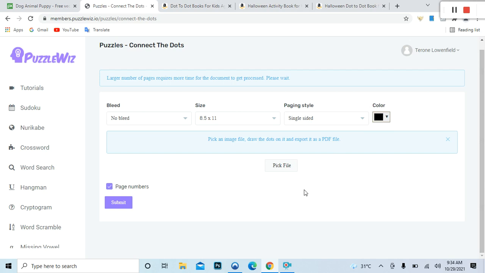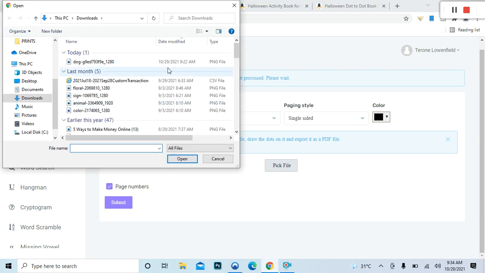You can have the page numbers. Now, they say pick an image file and draw dots on it and export it to PDF file. So after you've decided this, you're going to then have your images uploaded that you would like to do dots on. So we're going to pick the file that I've downloaded